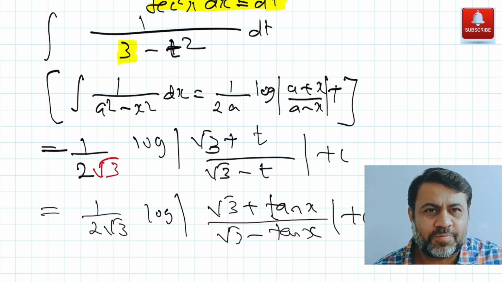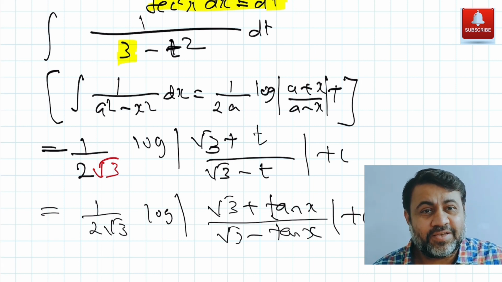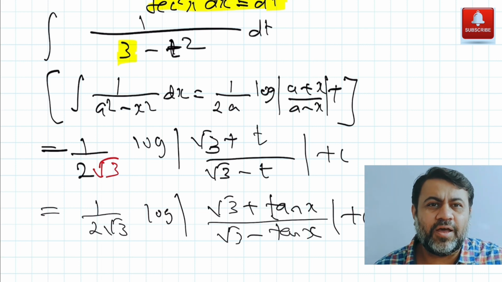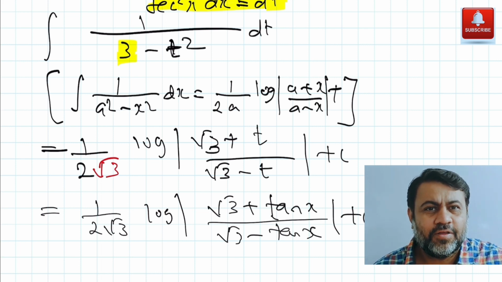A sin square x plus b cos square x plus c. Now we'll solve some similar question. Here it was a sin square x plus b cos square x plus c. My next will be just 1 by a sin x plus b cos x plus c. It looks same, right? Sin square, cos square, but next will be sin x and cos x. But the approach will be little bit different. Let's learn that also.